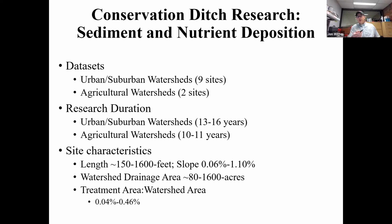9 sites that are kind of in urban and suburban watersheds, 2 sites that we've looked at through our Ohio Department of Higher Ed grants and through Great Lakes Restoration Initiative grants that we partnered with the University of Akron on. The data sets on these are anywhere from 10 to about 16 years. So they're fairly long-term, lots of different weather conditions. So, because of the length of these records, we can have some good confidence, I think, on